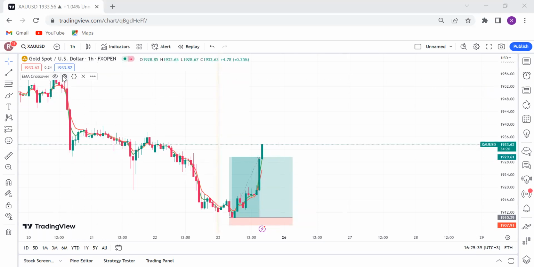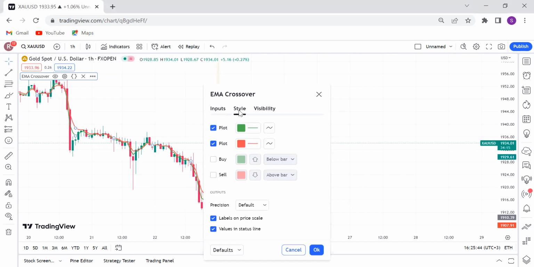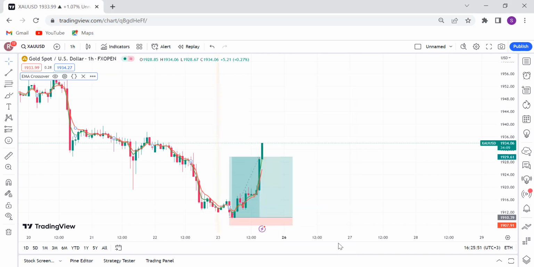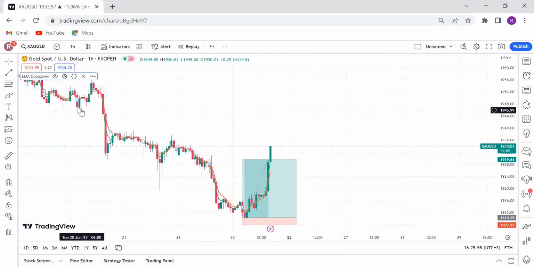So those are the settings. You can see the inputs, the style and the visibility. It doesn't have so many default settings, just that. But before we do that,